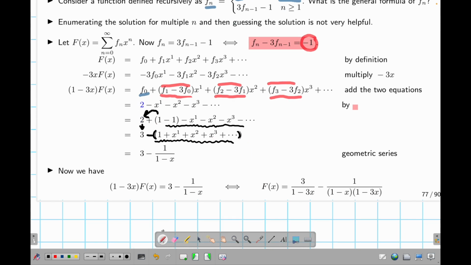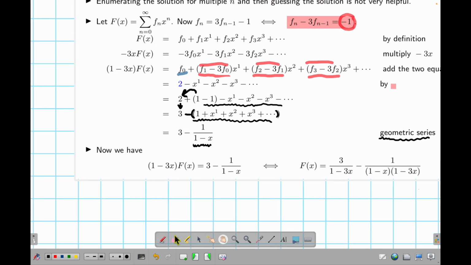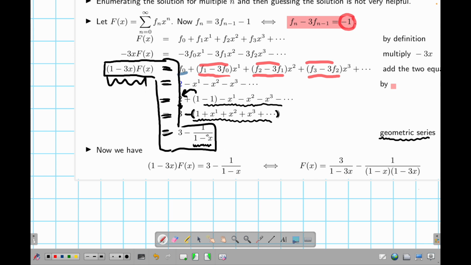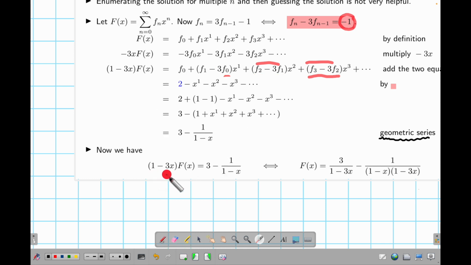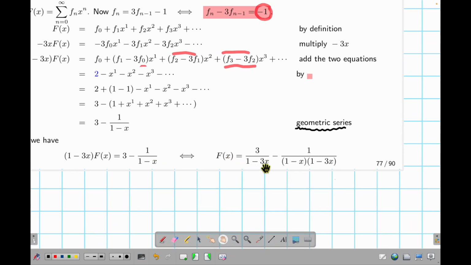Okay, so what is this bracket? It is this term. Why? Geometric series. Okay, 1 plus r plus r squared plus until the end is 1 over 1 minus r. Of course, r smaller than 1. Okay, so what we have is this thing equal to this thing. That means I have this term equal to this term, which gives me this term. So now we have 1 minus 3x bracket. Fx is 3 minus 1 over 1 minus x. So I can divide this to both sides. I divide this to both sides, I get fx equal to 3 divided by 1 minus 3x, and then